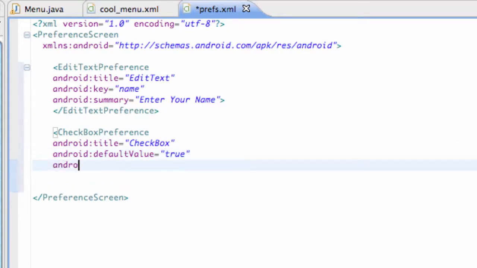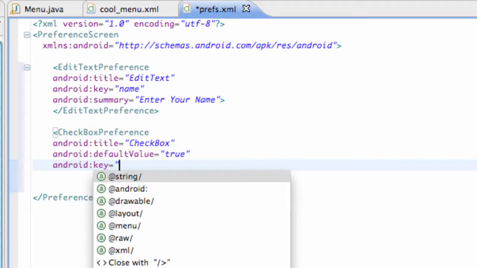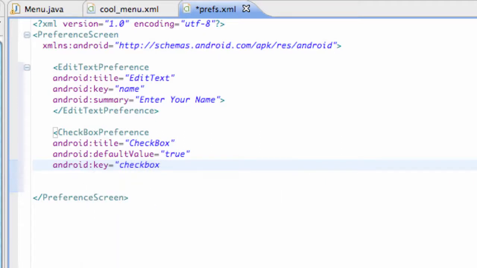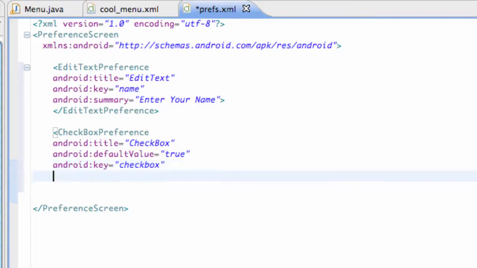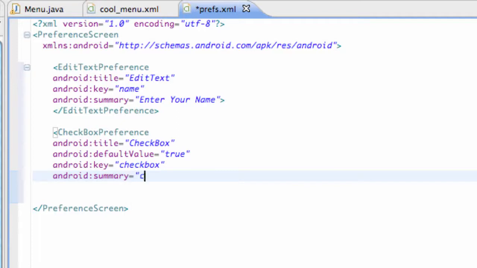and also we're going to add a key reference. So again, so it can save it, and we're going to call this key reference checkbox. This isn't really going to do much, but we're just setting it up for the most part. And again, android summary equals check this box for the most part. Nothing spectacular. And then we're just going to finish it by slash